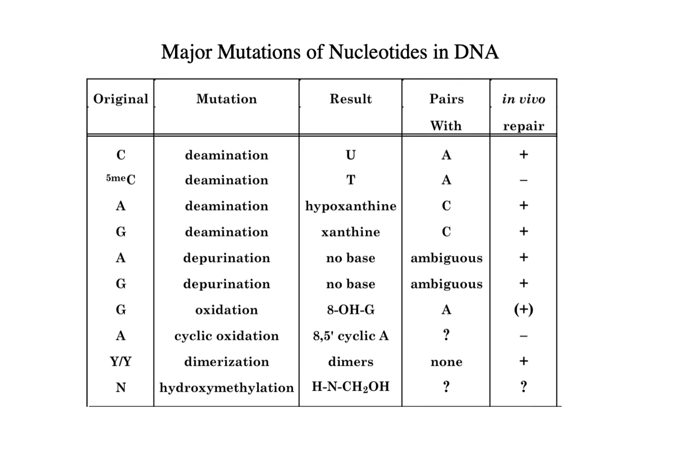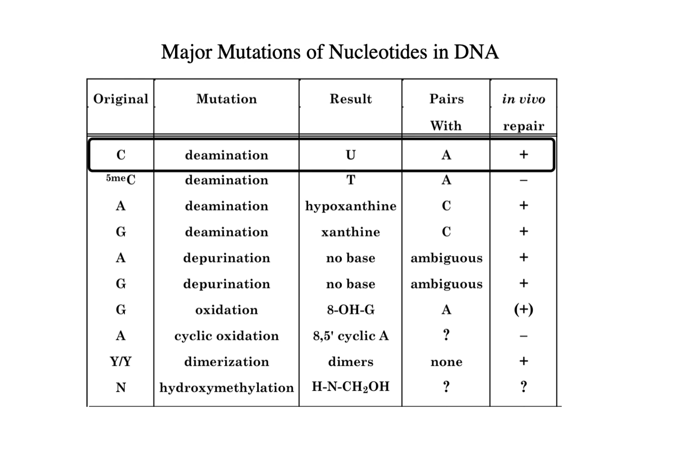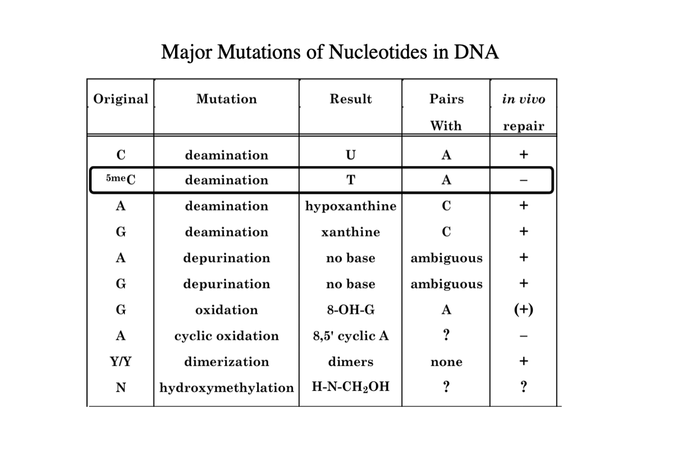So here are some of the more common base changes that occur in DNA and whether they are repaired in vivo or not. So deamination of a C, it becomes a U and it'll pair with an A, but there are repair enzymes for that. And as I just mentioned, a 5-methyl-C, when it's deaminated, becomes a T that still pairs with A, and there's no known repair of those. So those get through, and you have a larger number of C to T changes in those cells,